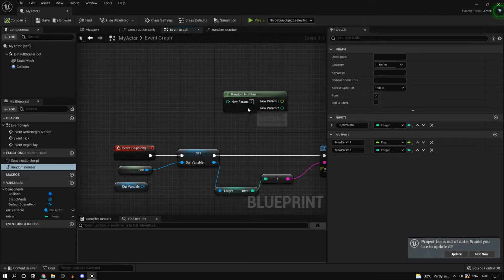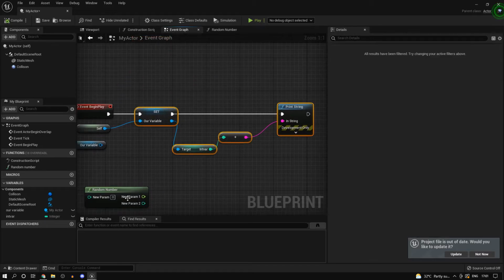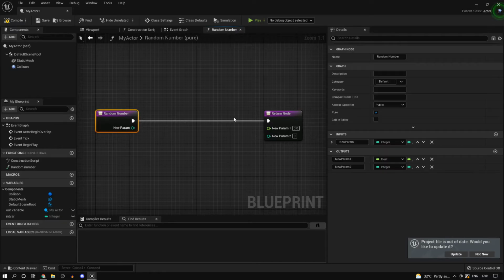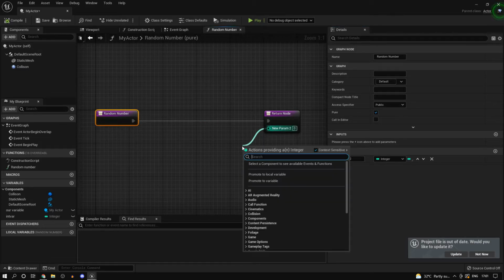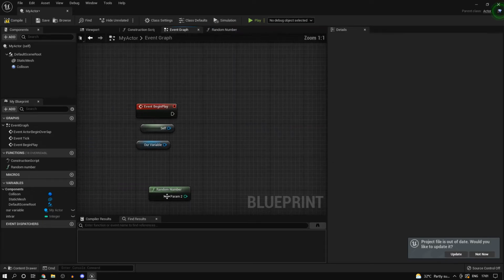Now people don't talk about this too much, however let me tell you the differences. So since we have a random number function anyway, I'll just have the integer output, I'll have no inputs, and I'll just grab a random integer. So between 0 and 10, or let me do 100 just to avoid repetition, and I can get this random number function.